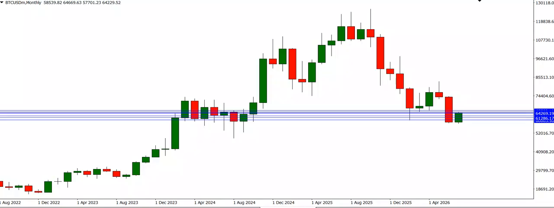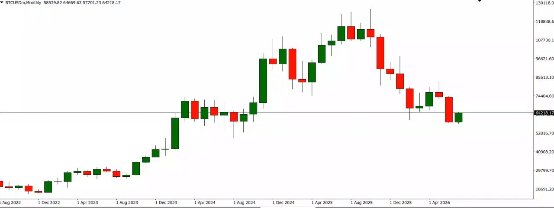Then I'll look at the 1-hour time frame to possibly see the possible direction of BTC USD price for the day. Let's dive into it. On the monthly time frame, what I will look at is how price has tested a particular level